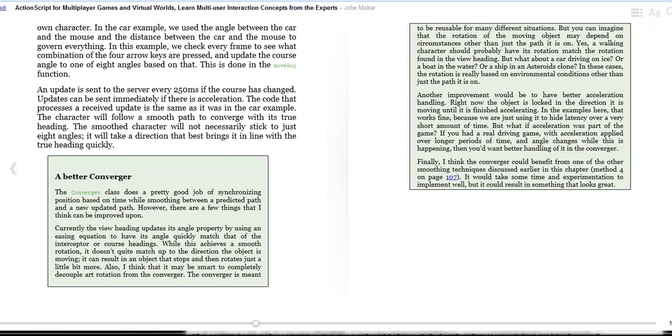time-based movement, and there are certain mechanisms and ways that you can create a better converger class. At this point, your converger takes care of and does a good job of synchronizing the positions based on the prediction and the smoothing parameters that we talked about earlier. The heading updates basically updates the angles property by using an easing equation to have the angle quickly match that of the interceptor or course headings. This can achieve a smooth rotation, but may not give you a good match to the direction of the objects that are